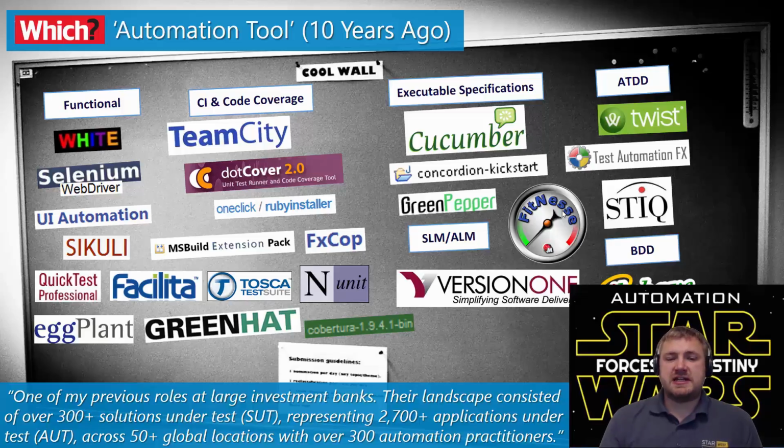But it gives you an idea that there's a huge amount of different types of tools out there, and they all have different purposes, whether or not you're talking about executable specifications or ATDD, BDD, TDD. Part of it is understanding what that tool and technology does. Equally, I would expect on average over 20 of these tools to exist within your environment that you're currently with.